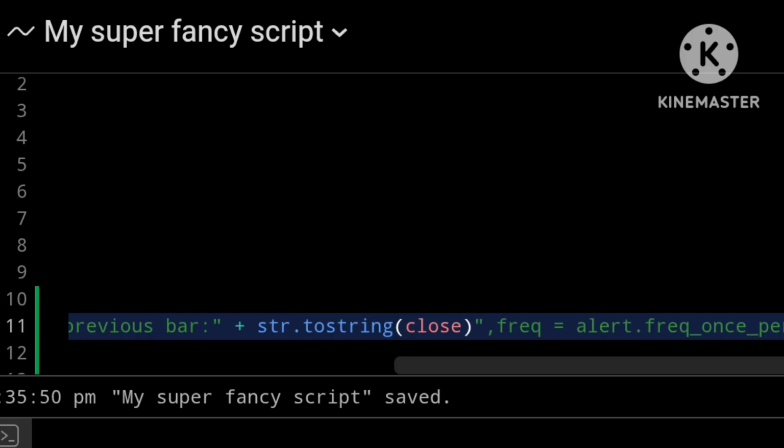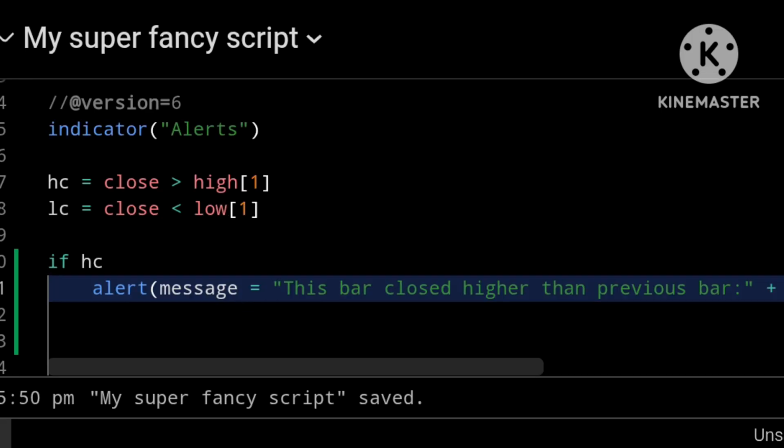And so when we get a higher close bar that closes, so our alert frequency is set to once per bar close, if we get a higher close bar, an alert will be fired with this text. So that is one way we can trigger alerts. It is quite simple really. And now you don't need to specify these parameters here.